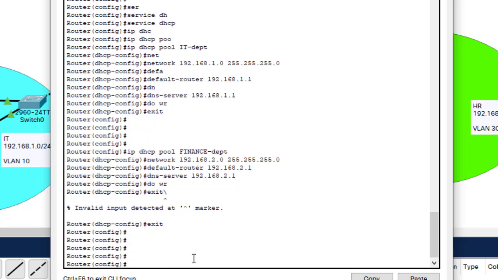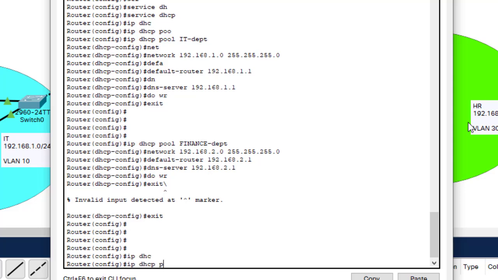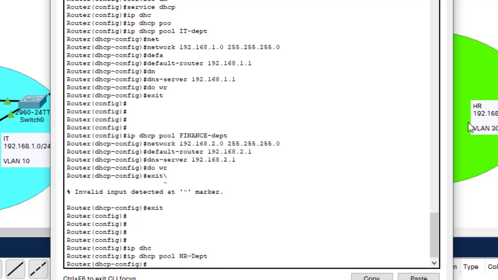Finally, the final pool, HR. Let me just type this one without retrieving the configuration. ip dhcp pool HR dept. Okay. Then network